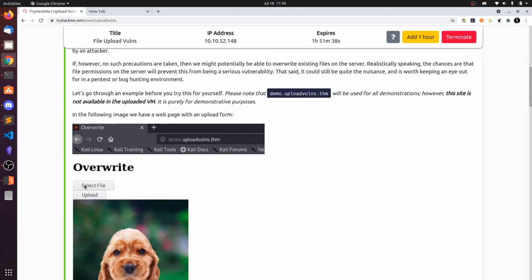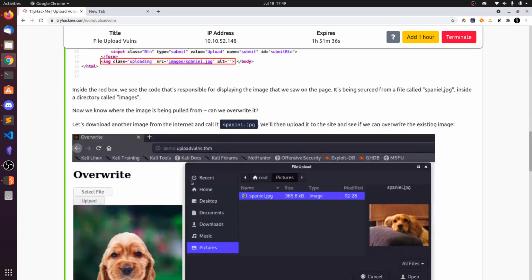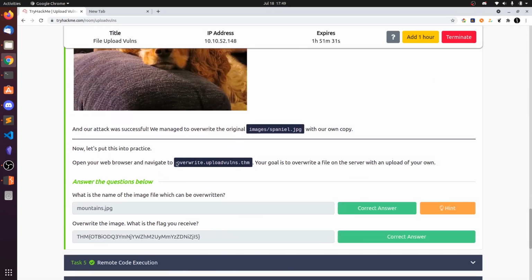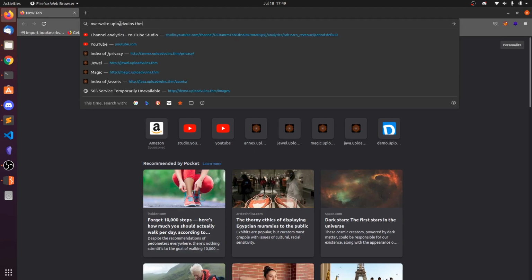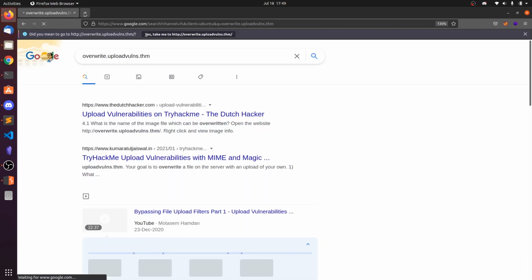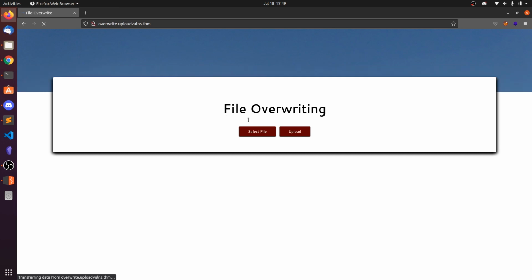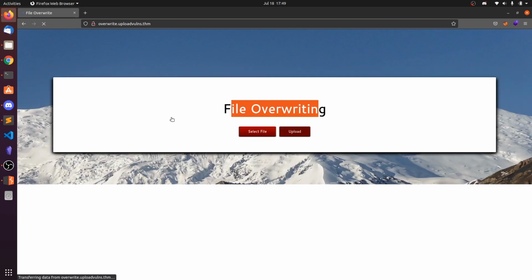So to demonstrate this, let's go to this subdomain override.upload_once.thm. So copy this, type HTTP. So now file overwriting, select a file and upload.